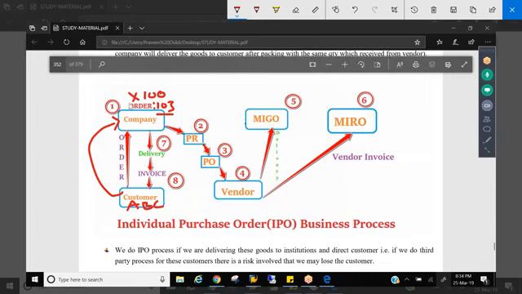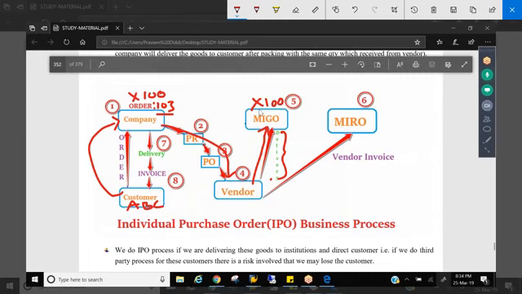As we don't manufacture this X material and we always get it from the vendor because it's a trading material, we have raised a purchase order to the vendor and the vendor has delivered this stock to the company. So we have done MIGO. MIGO means goods received, taking the materials into the plant against a purchase order. So we have taken this material into the plant, X material, 100 quantity.